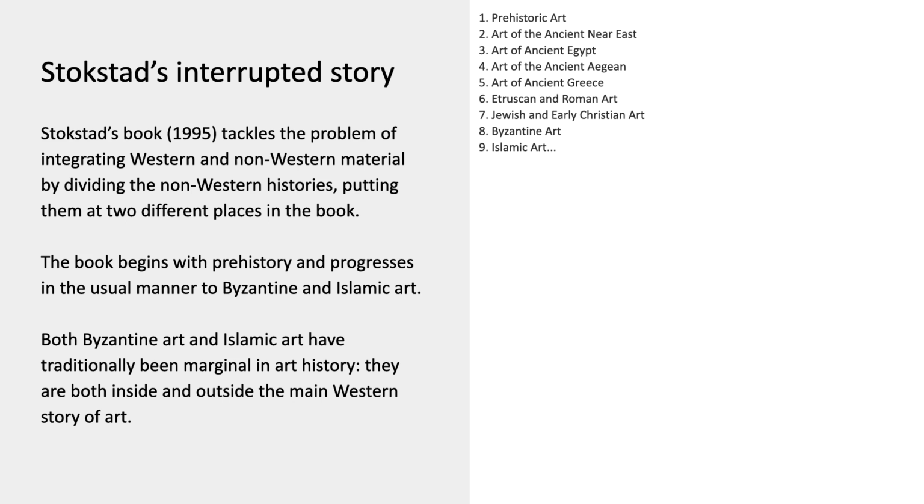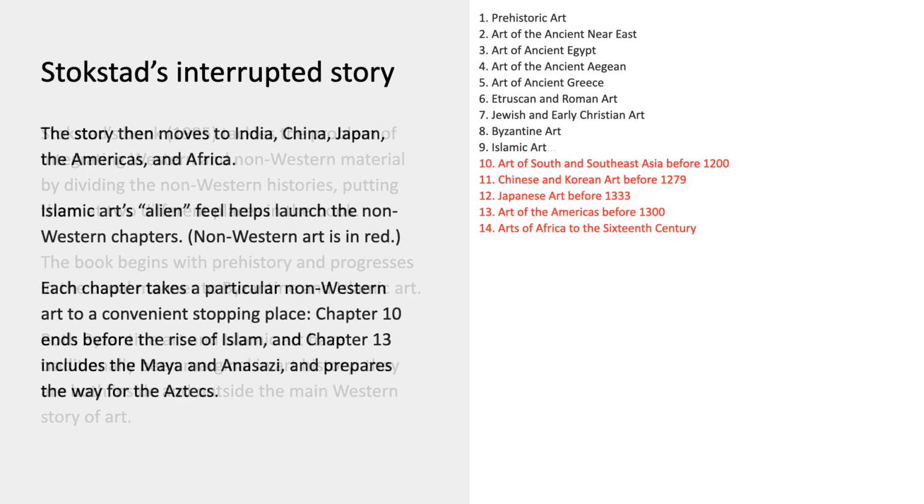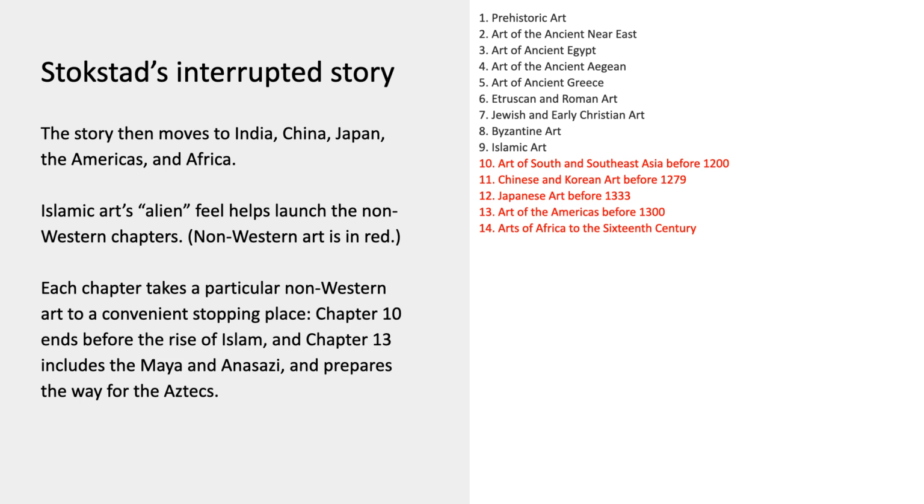The 2 of them together like this are a sign that this is going to be an inclusive textbook. And when you see them like this, often there's going to be material about cultures that are farther away from Europe, and that's exactly what happens. Stockstad uses these two as a kind of gateway to a block of 5 chapters that are about non-Western